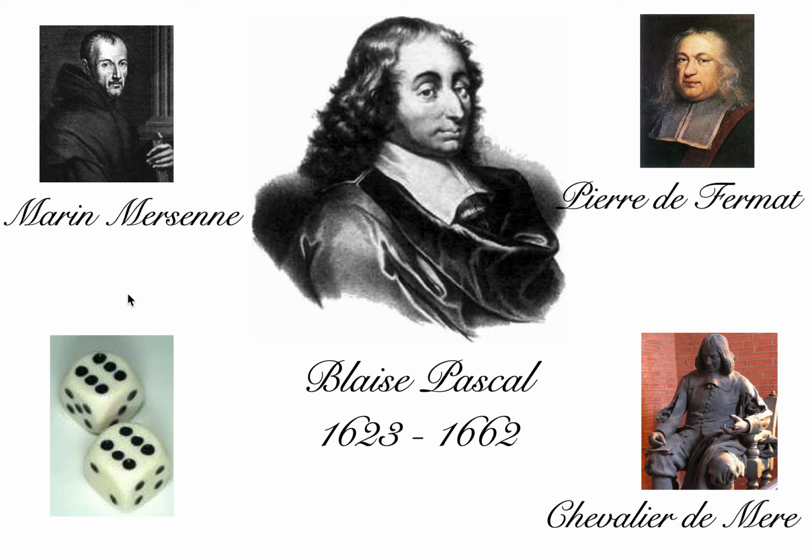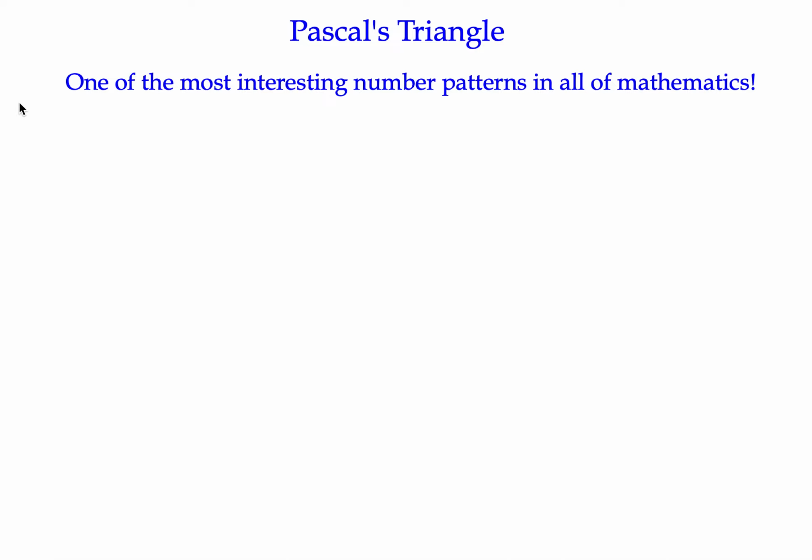It's really worth exploring a bit of mathematical history while you learn some of these topics. There is some dice there, and that's going to play a good part in our story as well. So Pascal's triangle, if you haven't come across it, is a really interesting number pattern, and it goes like this. It's easy to construct. First of all, you have to write down the number 1. And then we're going to make a triangle, hence the name.